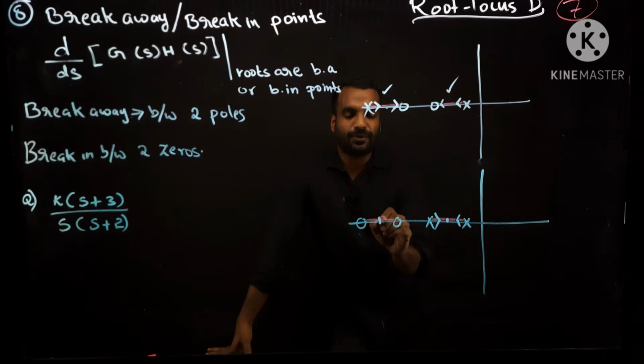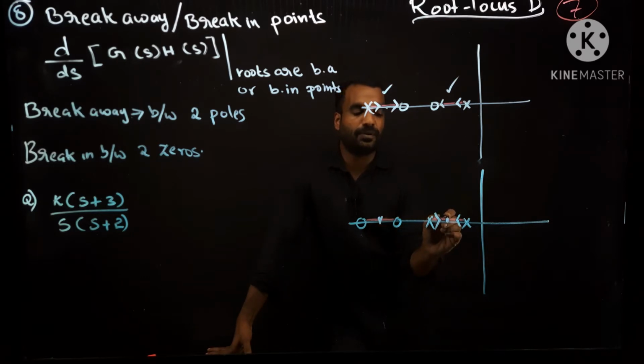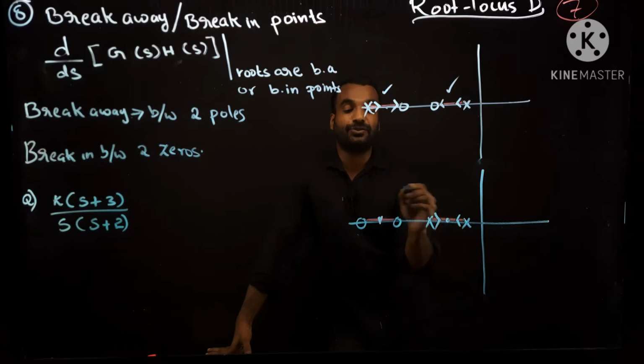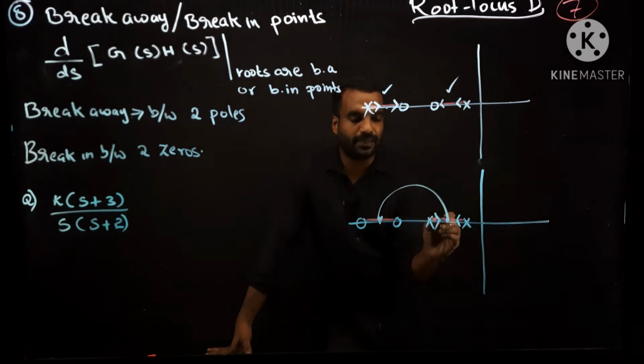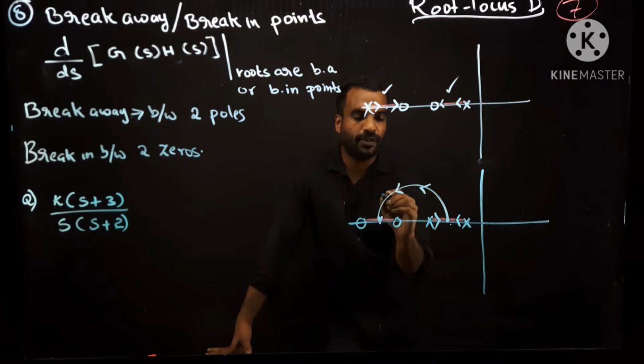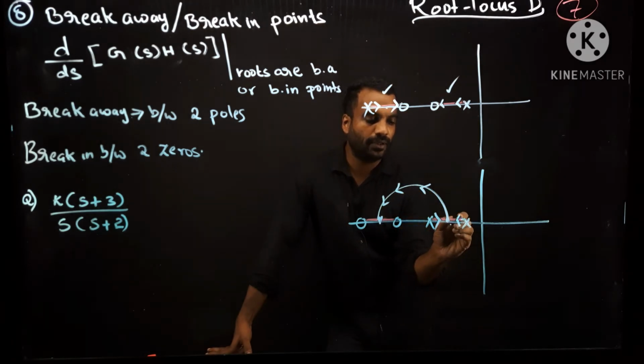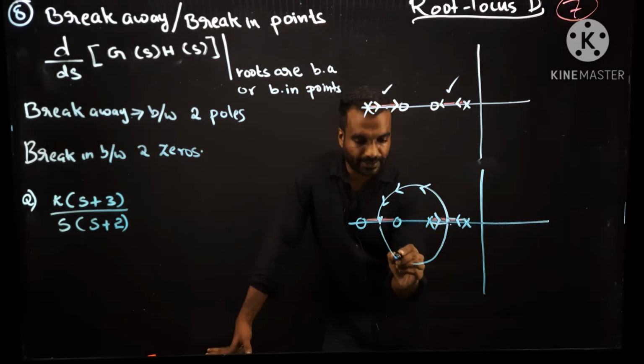So they have to come to this point. Both these poles are meeting at this point. They have to create their branch to meet at this point. So here it is a driving force, here it is an attracting force. It will form a circle like this. Suppose this is the first pole, it will move like this. Suppose this is the second pole, it will move like this.